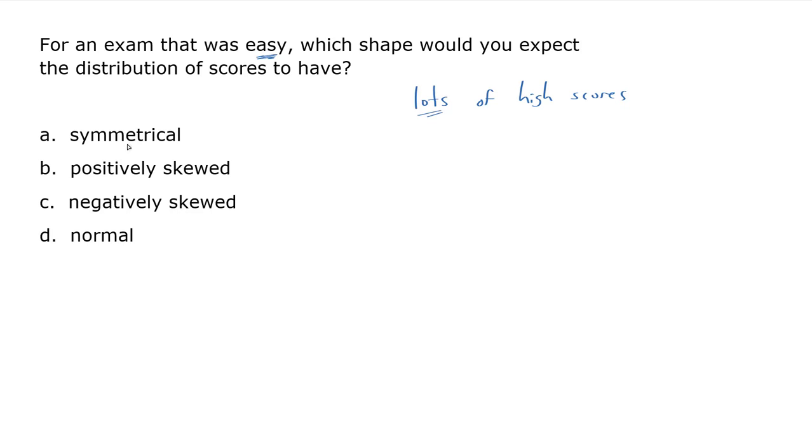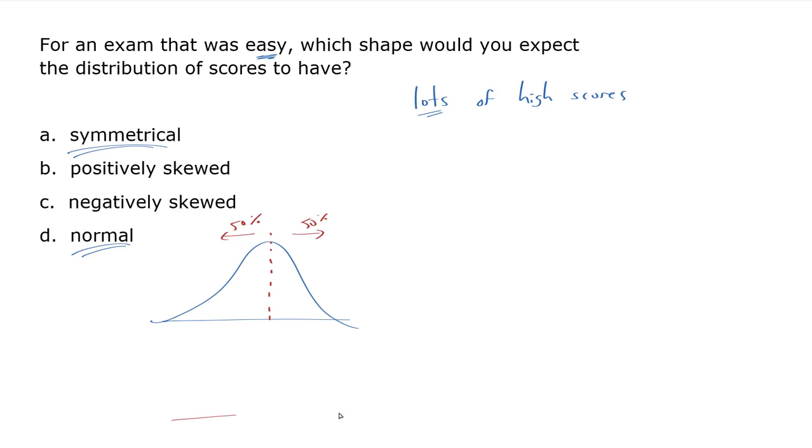You're not necessarily going to expect symmetrical, which incidentally is what a normal distribution is. Not all symmetrical distributions are normal, but a normal distribution is symmetrical. Let me put it that way. With the normal distribution, you are seeing 50% above the average, 50% below the average. For any symmetrical distribution, that's what you'd be seeing, 50% above and 50% below.